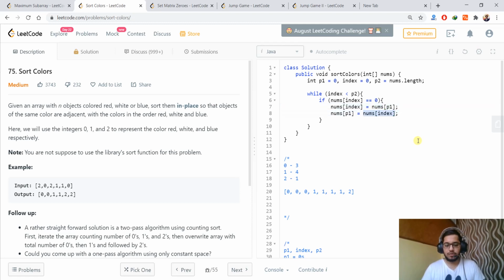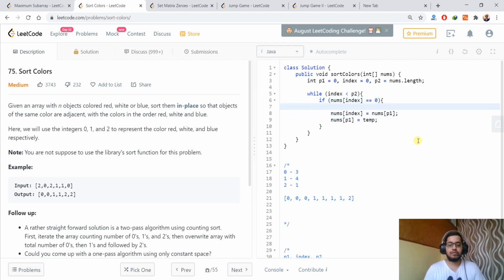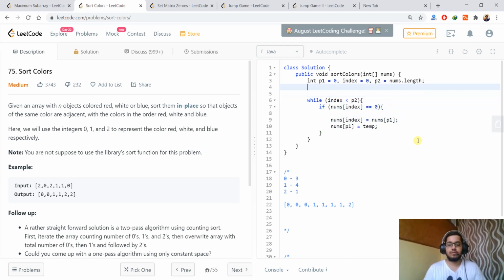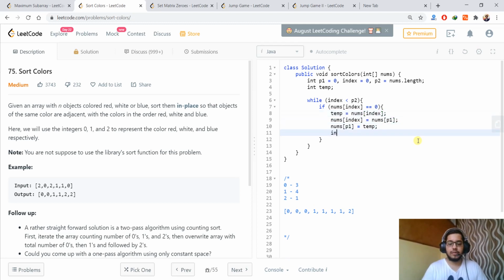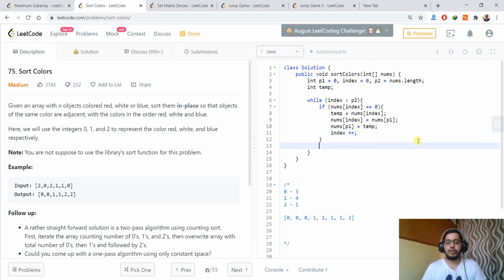Here we can store this nums of index as some temp, and then index will be increased by 1.